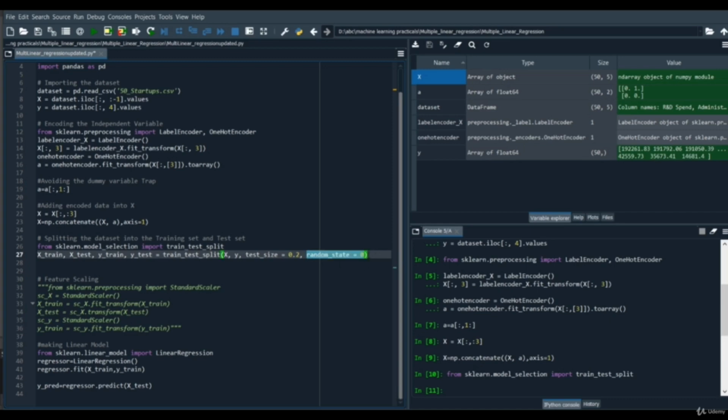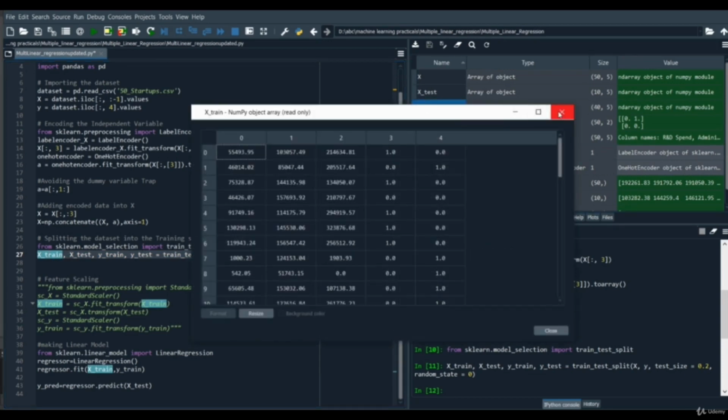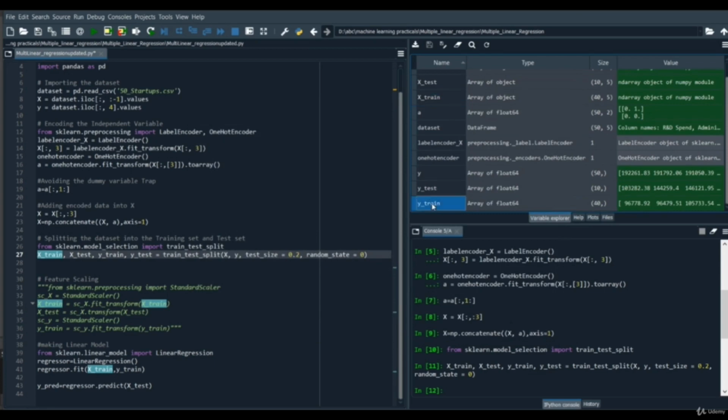So after executing this line of code, we will have 4 arrays for training data and testing data of the dependent and independent variables. So these are the xtrain and xtest, ytrain and ytest. Now first we are going to create our multiple linear regression model, then fit our training data into it, and then make predictions for the testing data.